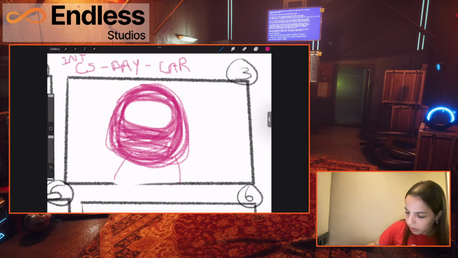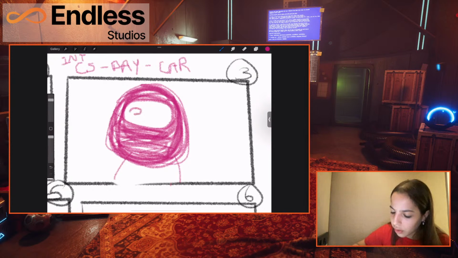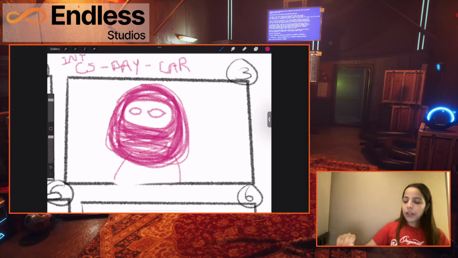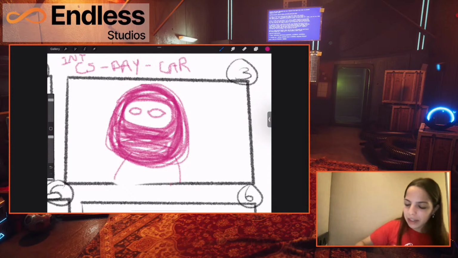Now the sketching process is going a bit slower, just because I'm trying to get across what's supposed to be happening. But now you have our driver over here.